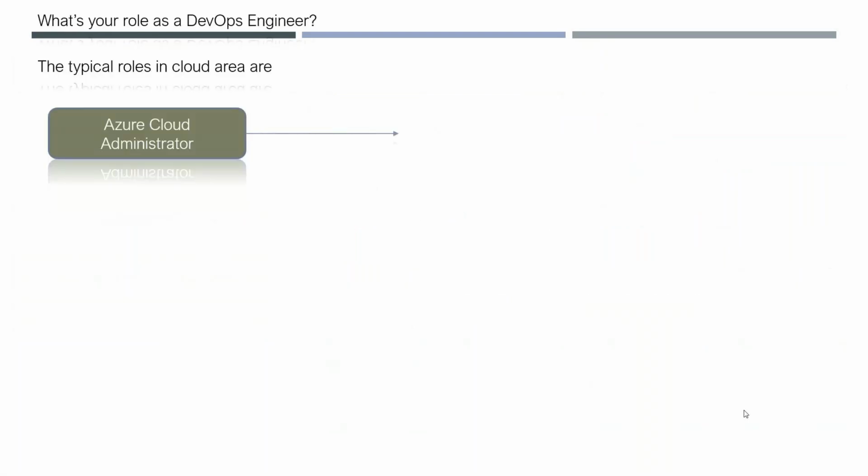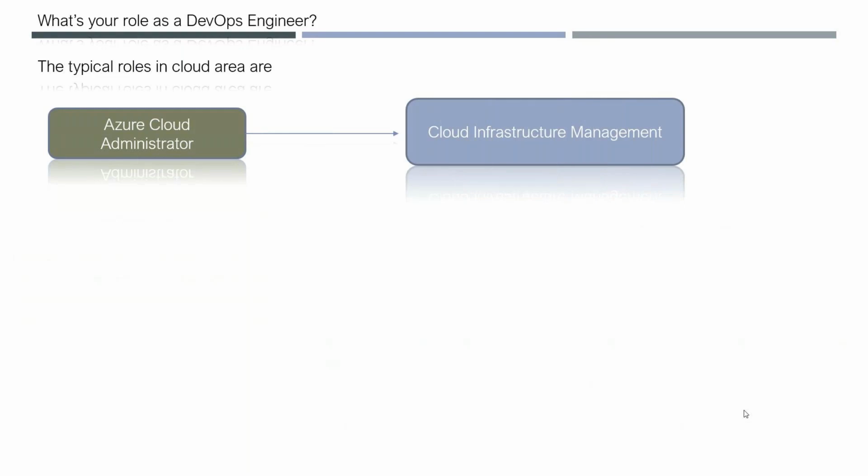Now let's see, people ask me, what are the different activities that I can do in cloud? You only have these roles basically. You will have an Azure Cloud Administrator who does the cloud infrastructure management. He will create machines, databases, DevOps, etc., and give access to different people as per the team requirement. These guys do not develop any application. These are the infrastructure guys in our regular environment, but in the cloud we call them cloud administrators.